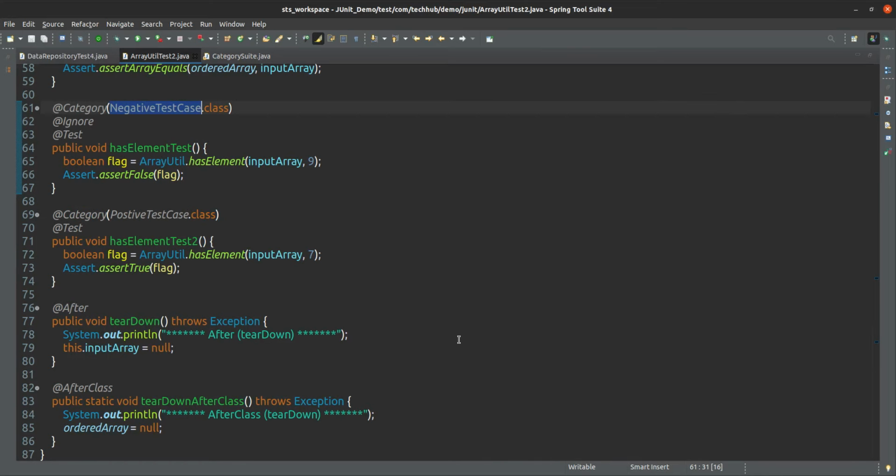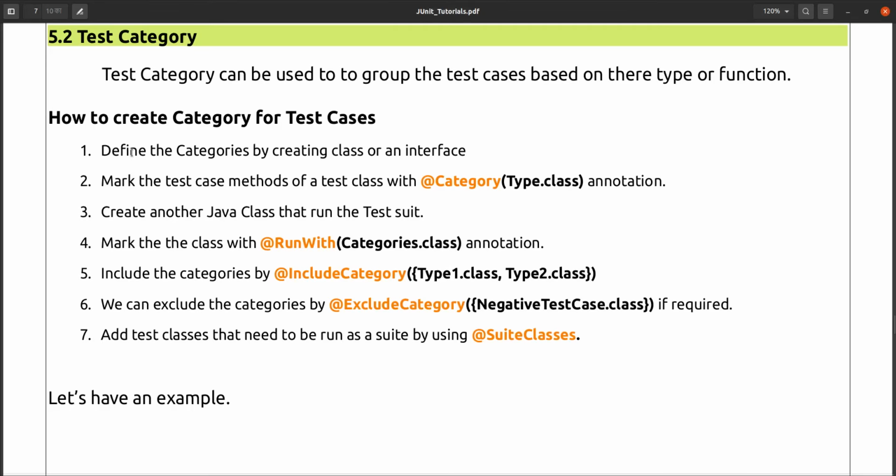One is negative, one is positive, or group A, B, C, anything, whatever name you think is suitable for your application, you can give that name. So that is nothing but the test category. You can define the category in this way, and you can execute the category according to your choice, which category you want to execute, which one you want to exclude, which one you want to include, you will get the control for that. Okay, so like that you can use the test category.